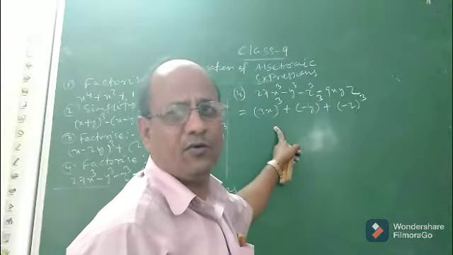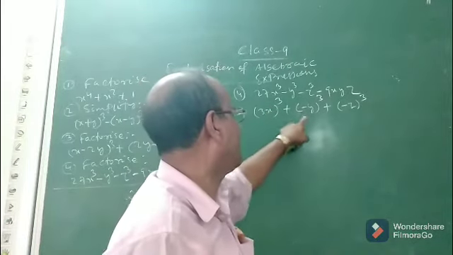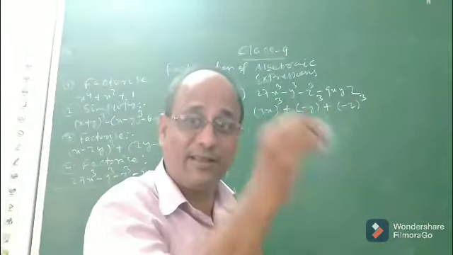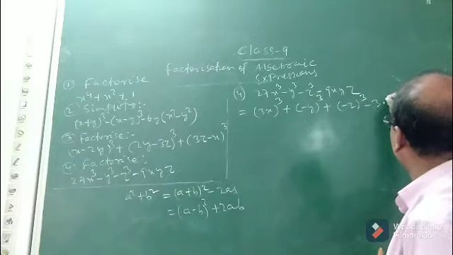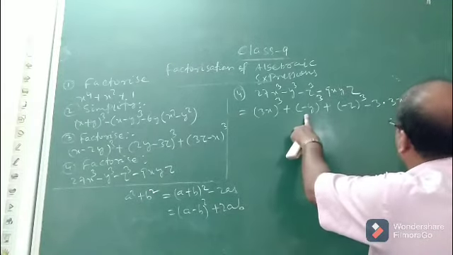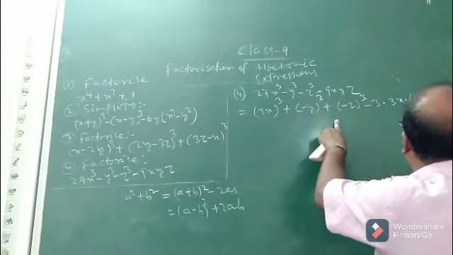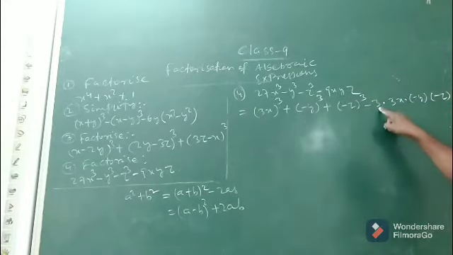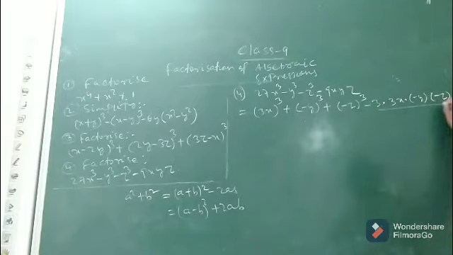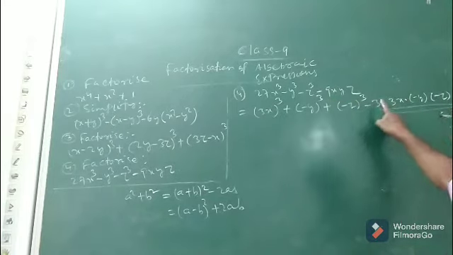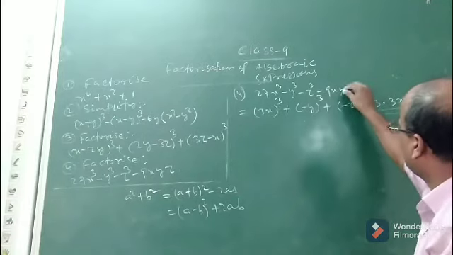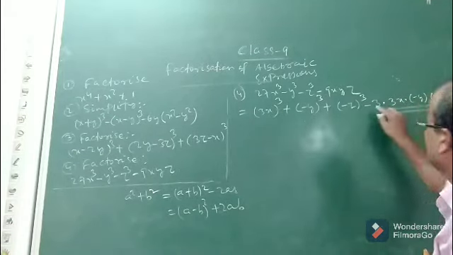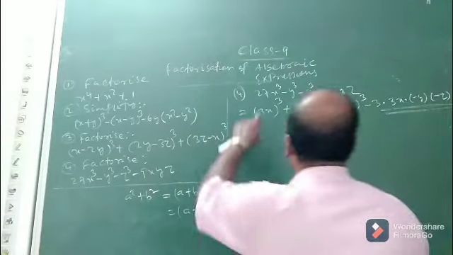So it has come in the form of which identity? a cube plus b cube plus c cube, then minus 3abc. This can be broken as minus 9xyz. You see, minus 3 into a, that means 3x, b means minus y, c means minus z. Children, if you multiply these terms, minus minus plus, plus minus again minus, so minus sign here, 3 is 9xyz. So now this minus 9xyz is in the form of minus 3abc.